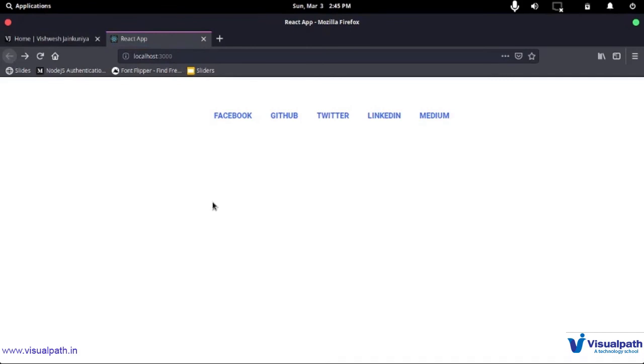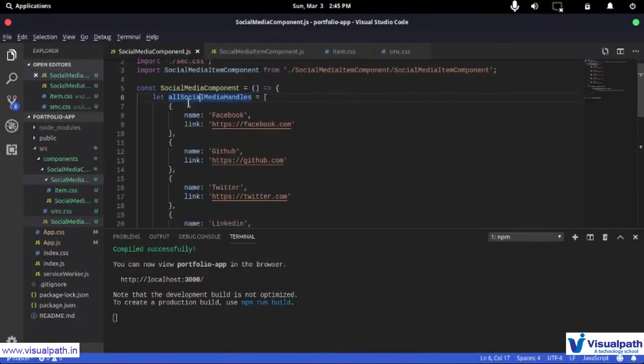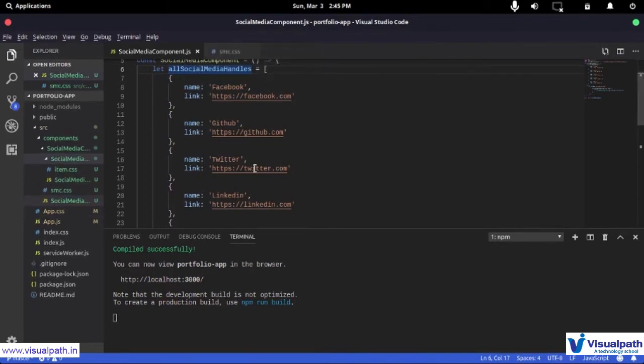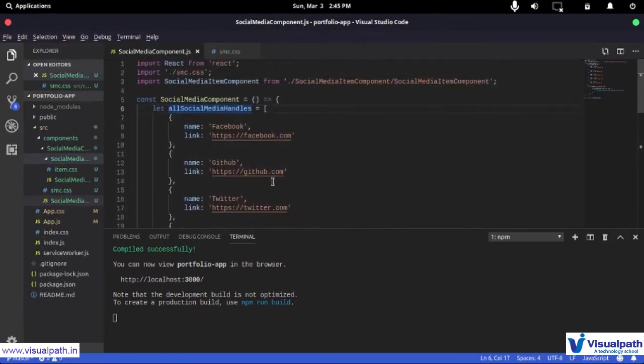What's the great thing about this? This data I have hard coded right now. This isn't supposed to be hard coded for every single application. What I mean by that is, say you have this social media component and you want it to be dynamic, in the sense that you have uploaded your website somewhere and you have a database living somewhere else where all your data is stored. Now you have a backend server that we are going to create in this course later, which is going to be written in .NET. So say your .NET server is somewhere and your app interacts with your .NET server to get this data.